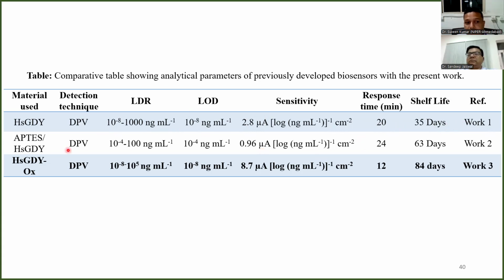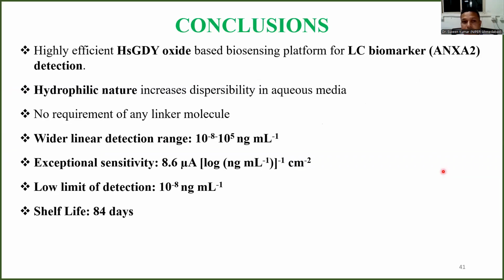That is about the first work. In the second work, we definitely increased shelf life when we fabricated a covalent bond between bioreceptors and APTS molecules available on the hydrogen substrate graphene. But when we intrinsically develop functional groups in hydrogen substrate graphene, its shelf life increases, and we also increase its sensitivity, to 8.7, which is far better than the first and second. On the basis of this, we can say we have developed a highly efficient